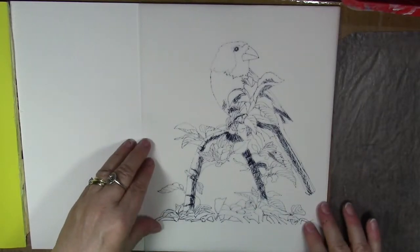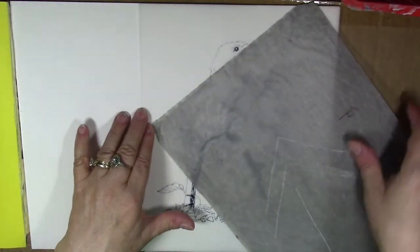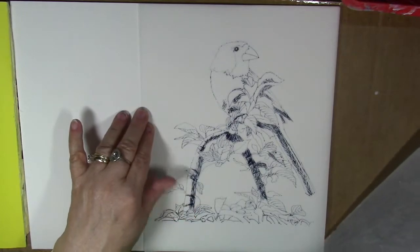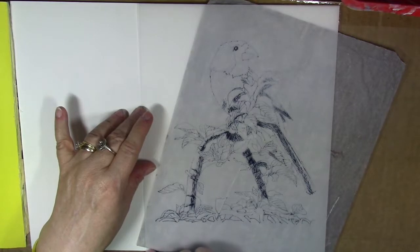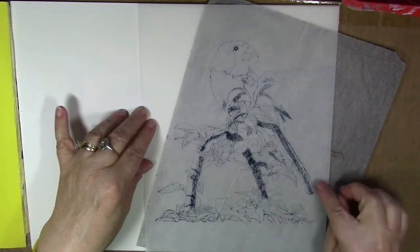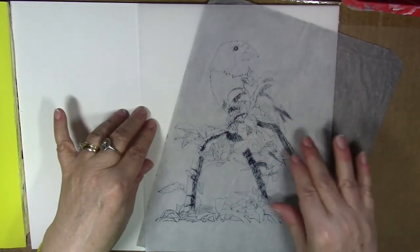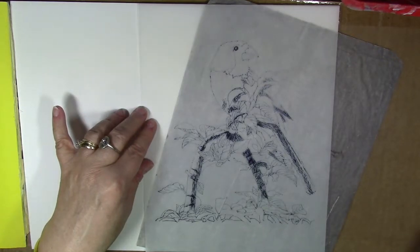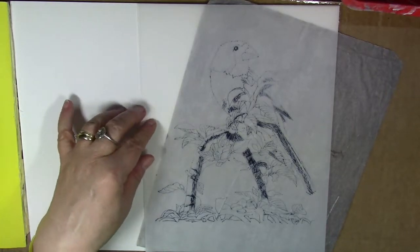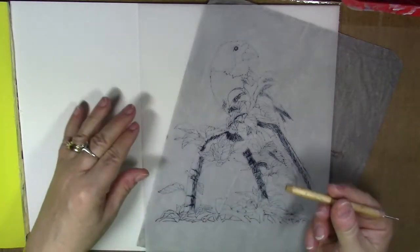And you can take a little piece of tape if you want to hold that in place. And then we're going to slide our homemade graphite paper in between. And when you're working on pen and ink, you really want to try to avoid as much as possible pressing down on your tracing. You don't want to get your paper too dirty from the graphite paper rubbing off on it. And then we'll take just a fine